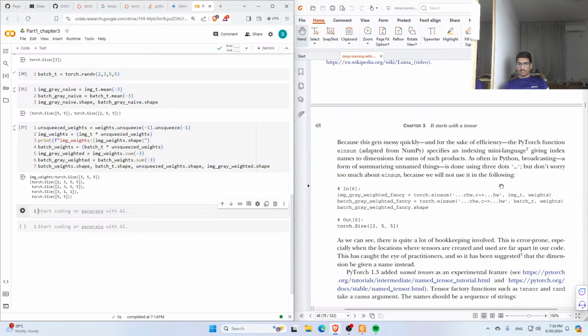Because this got messy quickly, and for the sake of efficiency, that PyTorch function is adapted to specialize indexing, giving index names to the dimensions. Such products, as often in Python, use broadcasting, or a form of summarization where the unnamed dimensions are handled using three dots, but don't worry too much about it because we will not use it. It is the following: image gray weighted fancy is equal to einsum with the summation 3 dot cw